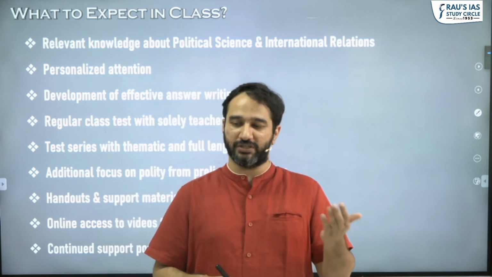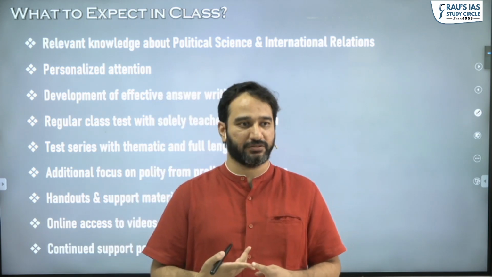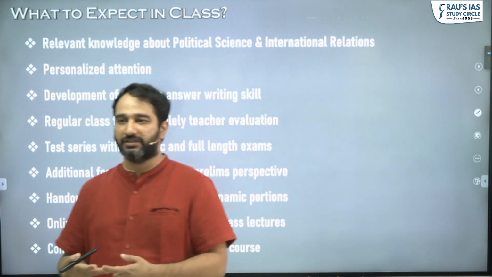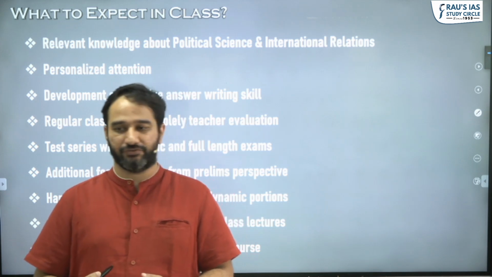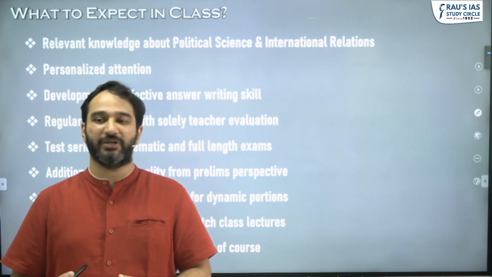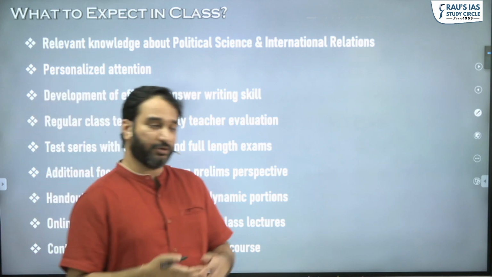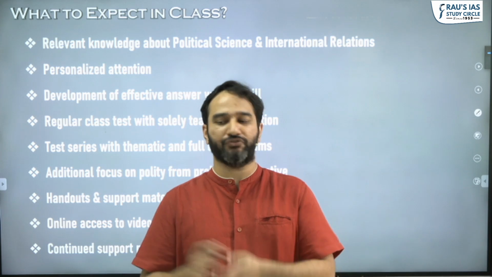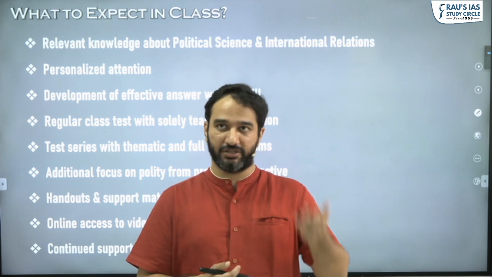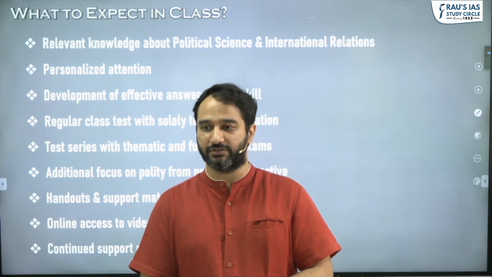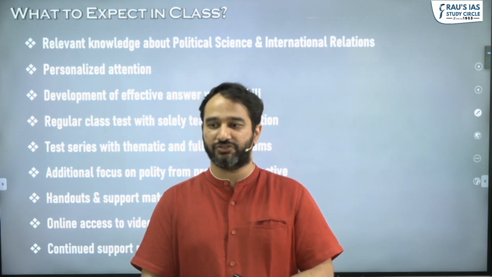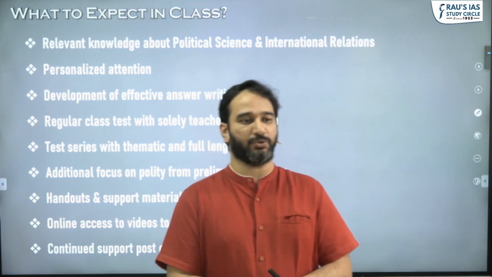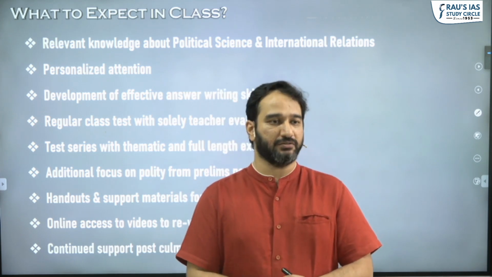So one thing is you're interested in the topics. If you really like IR, if you like polity, then it becomes easy that you're going to learn political science for 6.5 months, and you'll remain interested in the topic. If you're interested in society, go for sociology. If you're interested in human evolution, go for anthropology. If you're good with electrical engineering, that's All India rank 1 this year, then pick engineering. But if you're interested in international relations, if you're interested in polity, then PSIR would make a better option.